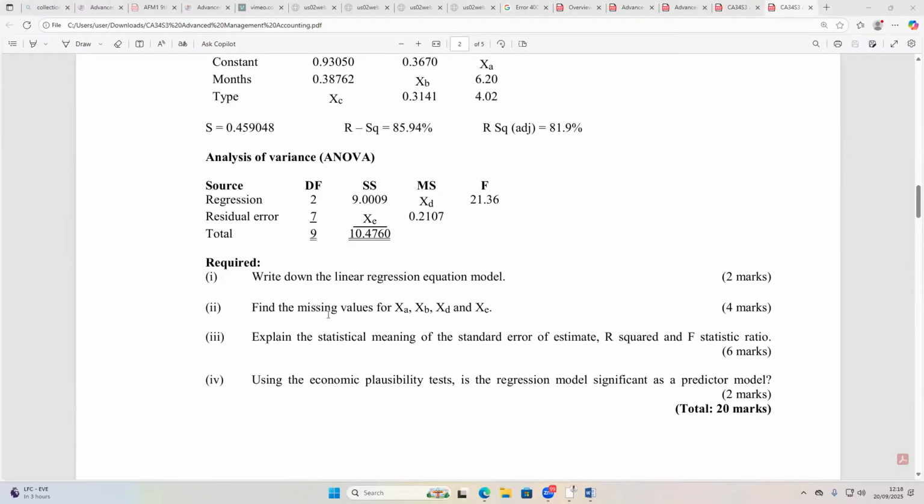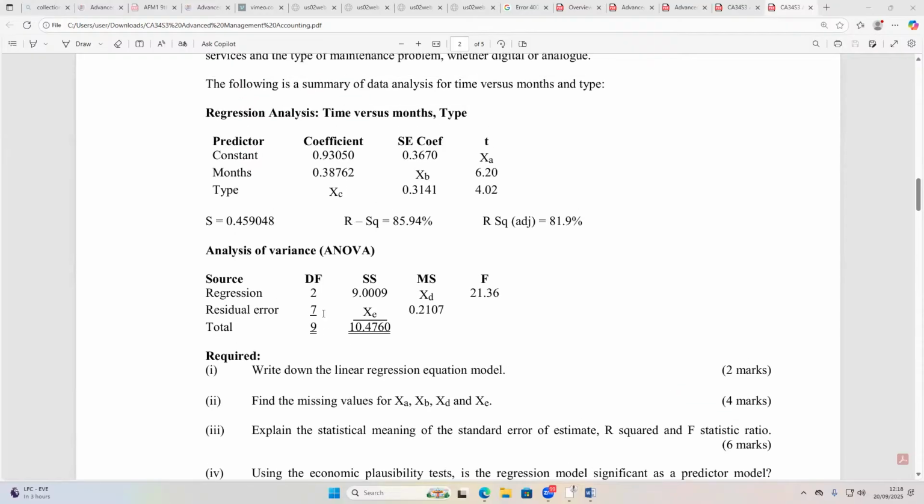So, ladies and gentlemen, we shall start right away with this part. Write down the linear regression. Of course, we are using these coefficients here. But you see, there is an unknown coefficient. So let's skip number 1. First of all, we do number 2 and find out all the missing values. Once we find all the missing values, it will be very easy for us to write down a regression equation. Ladies and gentlemen, remember that generally, regression is used